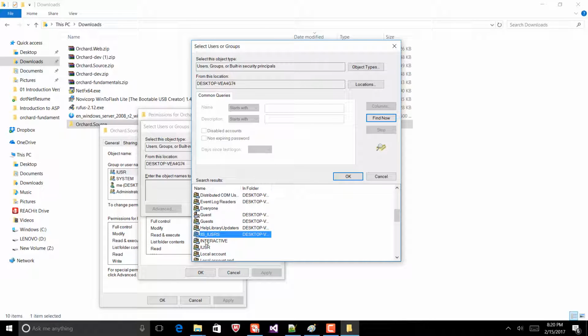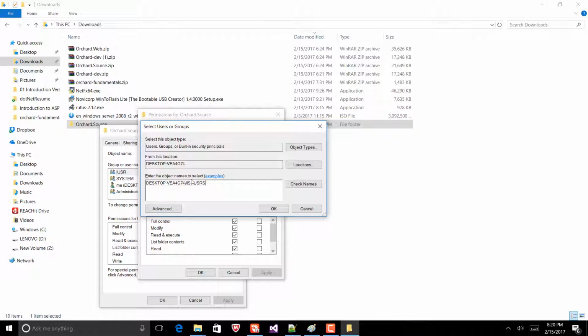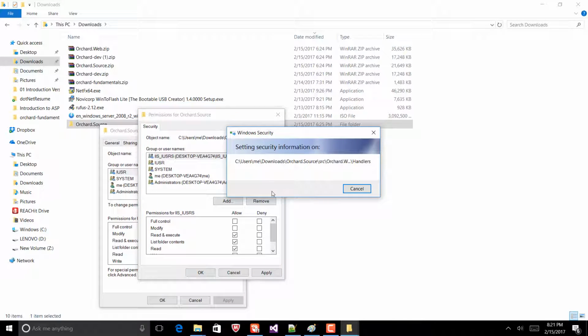So IIS_I users, we need this user, so we have to select this user, and finally we have to click on OK, and then you will find that the user information is over there, and finally click on OK, and you will see the IIS users are inside the security panel. And finally click on apply, and if you need to change anything, so you can check all of the